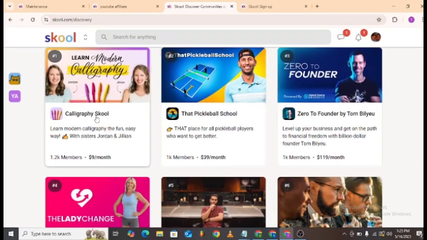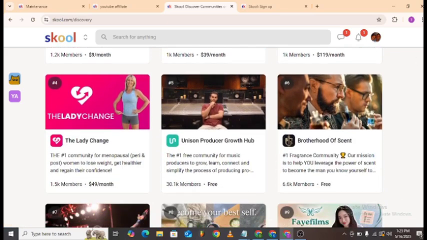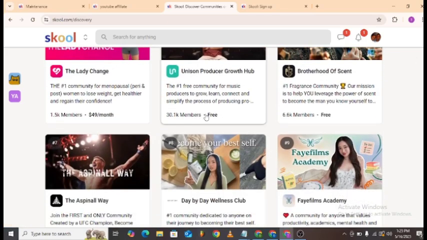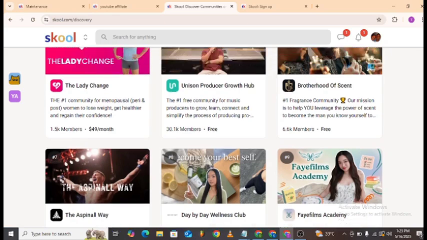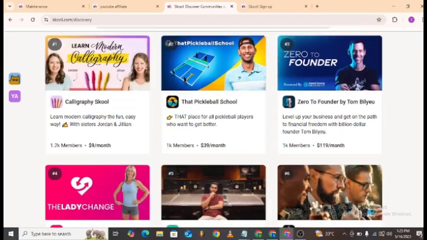As you can see, this is Calligraphy School. This is also Pinko Ball School and all of that. Zero to Founder by Tom, right? A lot of these communities here, you have paid communities and free communities. This is a free one and this is a paid one. Super amazing. Now if you look closely right here, you will notice that, for instance, if I take this one,